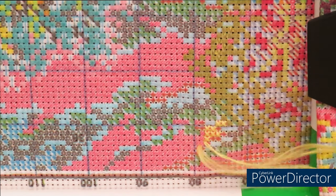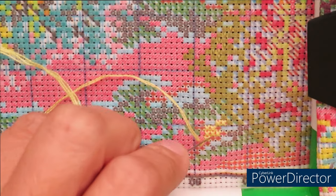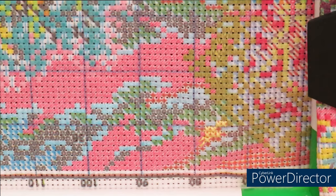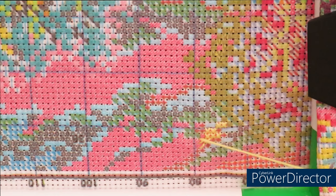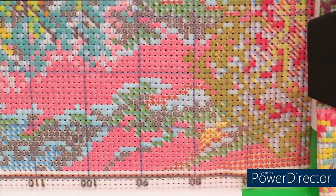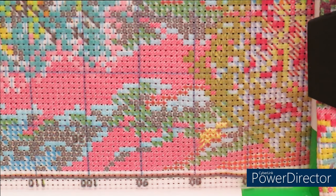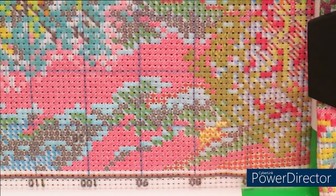Plus this frame was put together differently. When I started to stitch, I would put my frame holders at the top, so my canvas would be like a drum on the top, and it's okay to stitch by yourself that way. But for me to put my camera tripod on the top of the canvas, I need to be close to the table canvas, not at the top of the frame but on the bottom of the frame, if that makes sense to you. And so that's why I just changed that, because otherwise